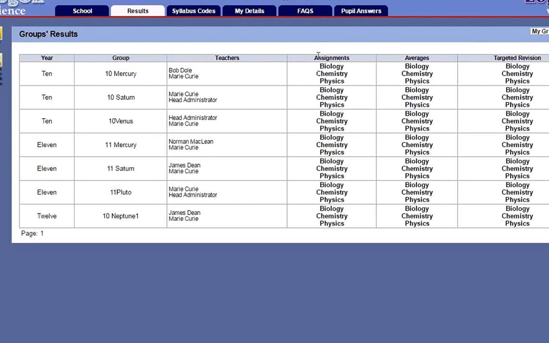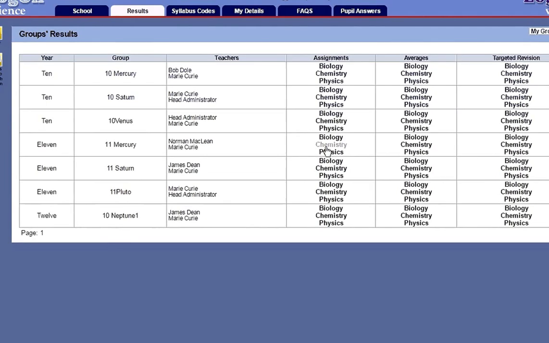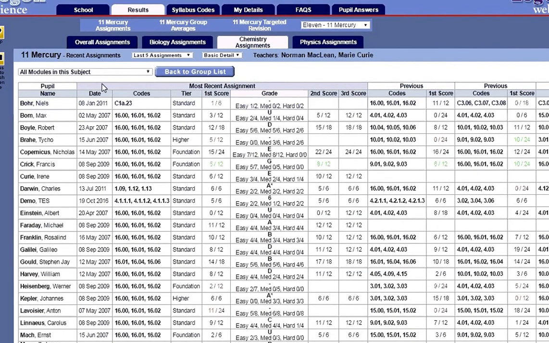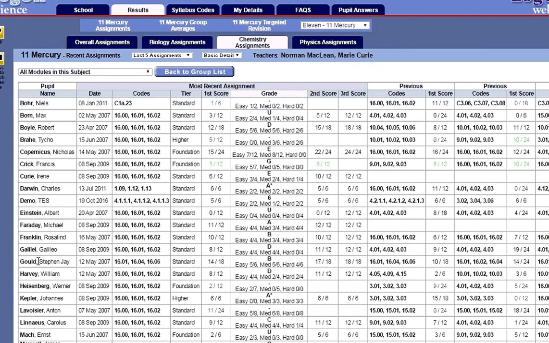So I'm going to start with assignments. I've set my pupils an assignment. I want to check how they've done and what work they've done. So I'm going to look at chemistry, 11 Mercury, doing chemistry. Okay, what we get is a class list. This is a class you wouldn't particularly like to be teaching, and what it's showing is the most recent work